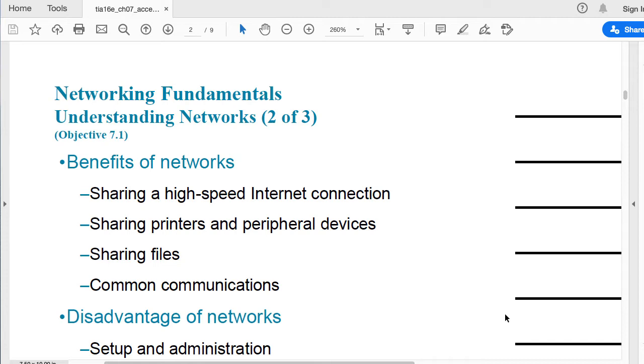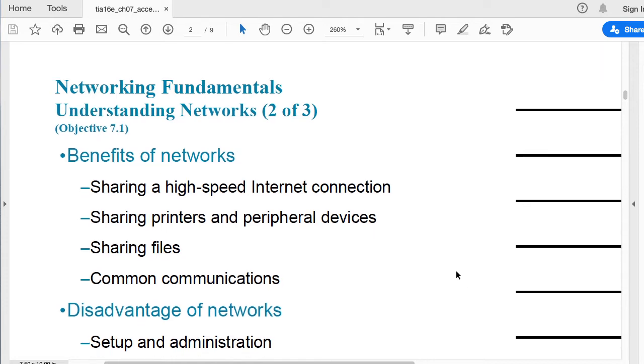But obviously now we do, and this connectivity allows us to do a bunch of stuff. More specifically, if we try to generalize, we can use the word sharing. So that's what connectivity or network computers allows us to do. Share stuff. So share printers, peripherals, files.